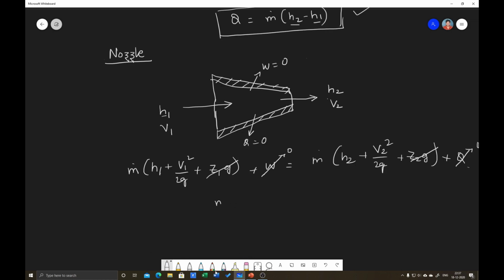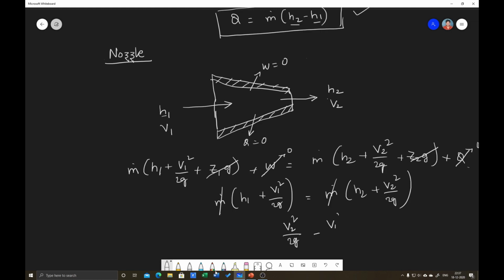So finally m dot into h1 plus v1 square by 2g is equal to m dot into h2 plus v2 square by 2g. Here the mass flow rate is also the same. So finally v2 square by 2g minus v1 square by 2g is equal to